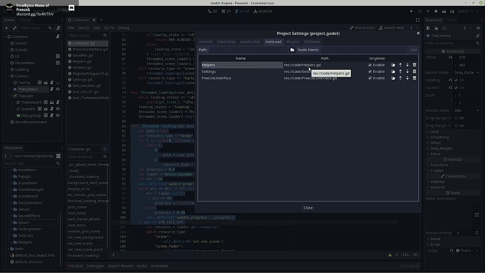Helpers loads in first because settings actually uses it. Helpers is just a whole bunch of useful little functions they couldn't really classify as anything else, so I put them in there. Settings is a big deal. We'll come back to that in just one sec. And FreecoiL interface. So FreecoiL interface is just the interface that is GDScript that talks to